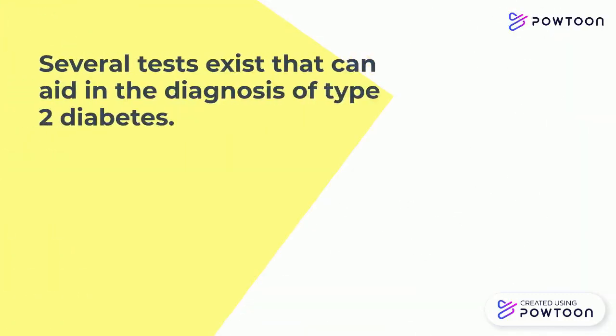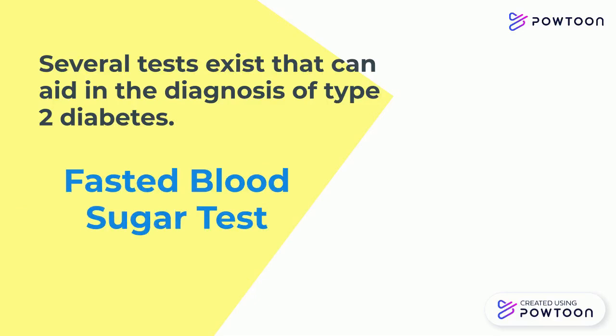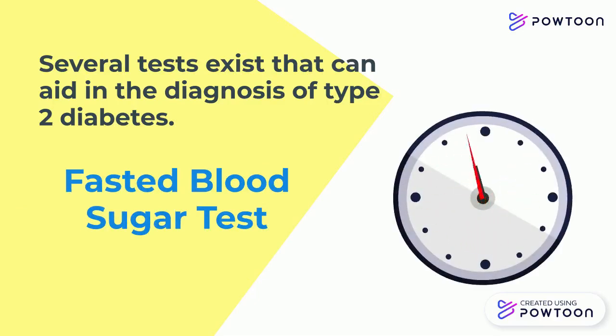In order to officially diagnose type 2 diabetes, a series of tests are taken. Firstly, a fasted blood sugar test takes place. This test is the blood sample that is taken after an overnight fast to observe a patient's blood glucose levels in a fasted state. Normal levels are less than 5.6 millimoles per liter. 5.6 to 6.9 millimoles per liter is considered pre-diabetic, and then anything above 7 millimoles per liter is now indicative